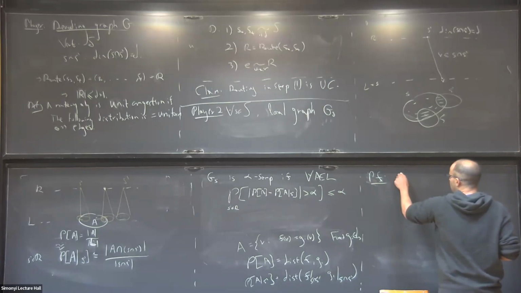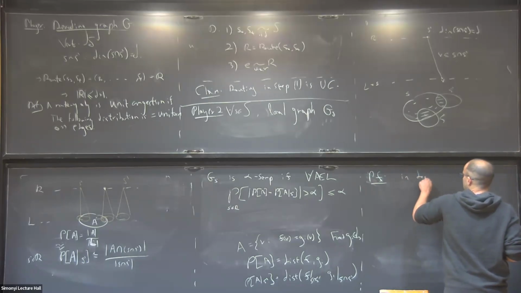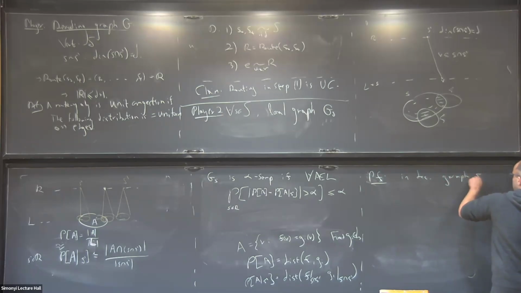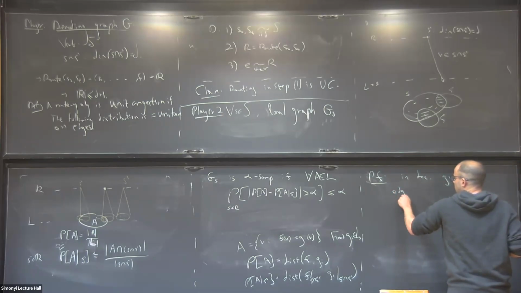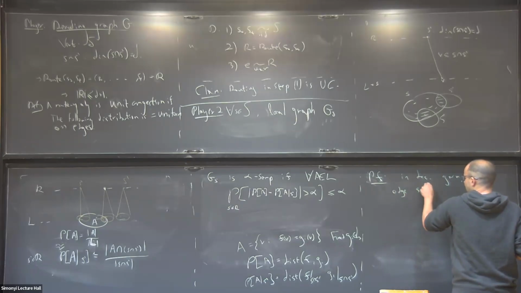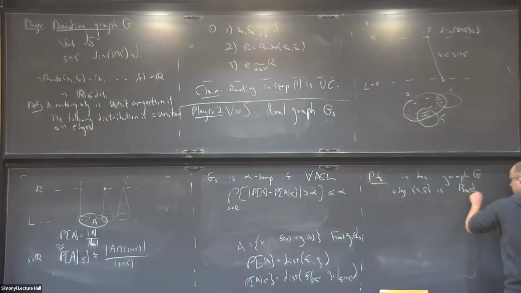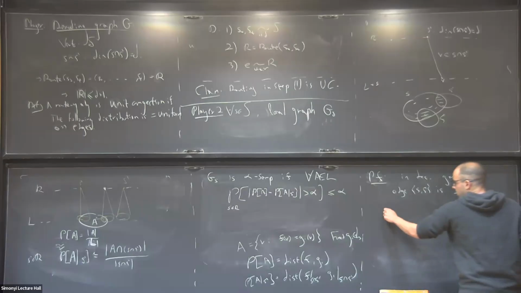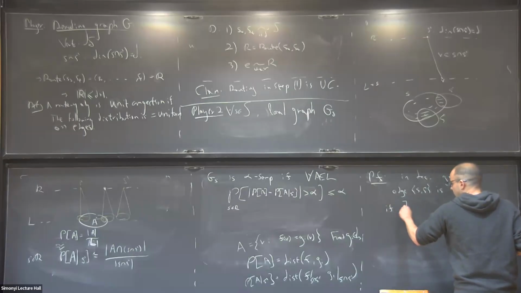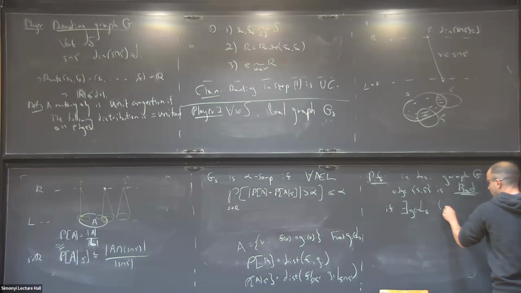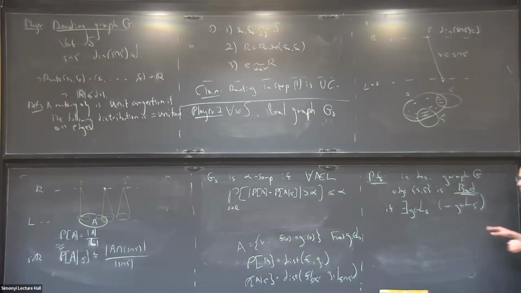So in the decoding graph G, an edge S, S prime, I call it bad if there exists a function in the list of S or in S prime. I will just write the condition for S, but it should be symmetric,